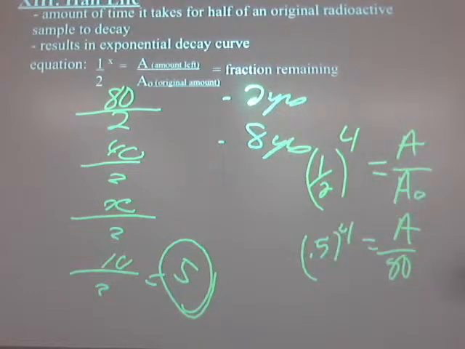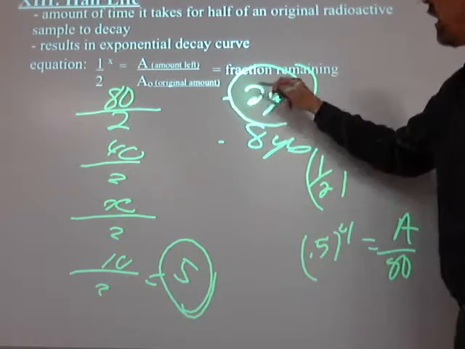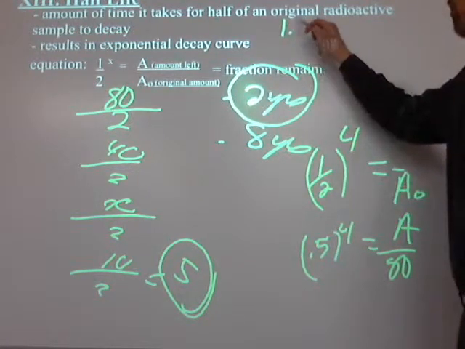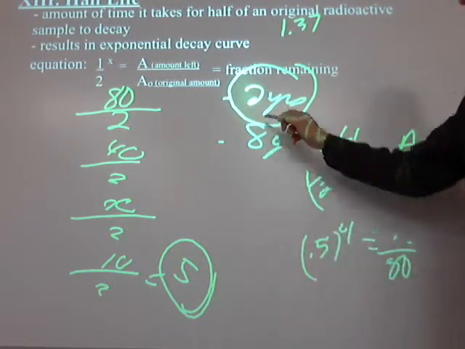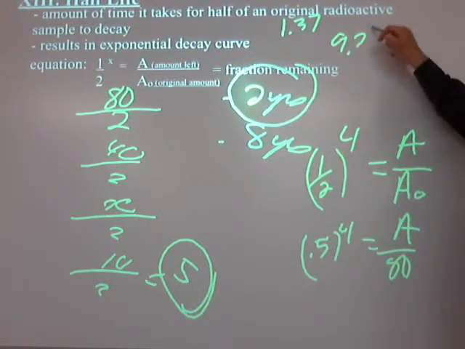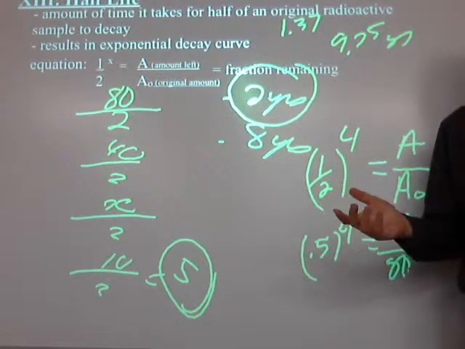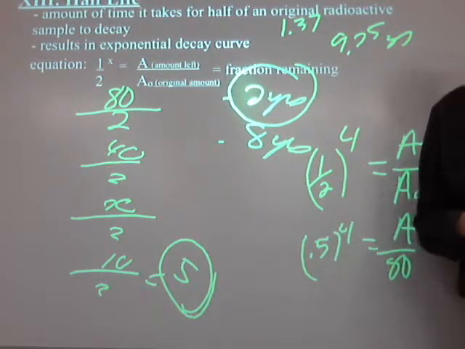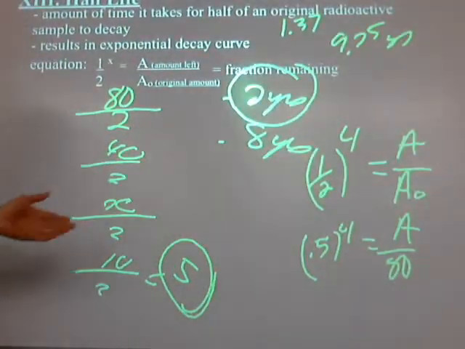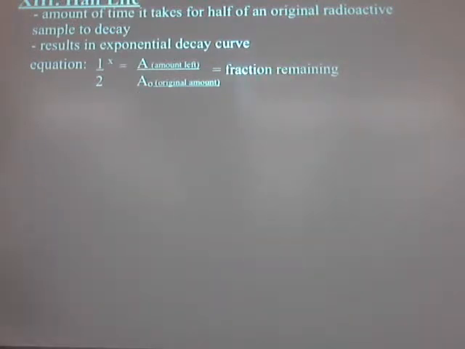Guess what? It works. Do it on a calculator if you don't believe me. Guess what you get for A? 5. And this is the nice part about this. If I say the half-life is 1.37 years, and you wait 9.25 years, it'll still work. You just have to use a calculator, okay? It'll still work. You understand? All right, now, I'm going to go through those in a second. Let me show you why I'm not using